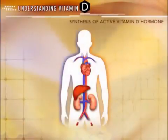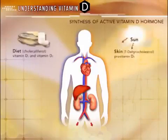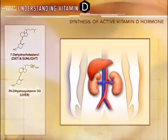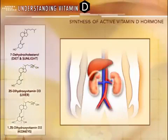Vitamin D can be obtained from various sources, including diet and exposure to ultraviolet sunlight. However, vitamin D from these sources is not biologically active and cannot achieve full hormonal function until it is activated by the body. Metabolic activation consists of adding two separate hydroxyl groups, one at the carbon 25, which occurs through the liver, and the other at the carbon 1, which occurs through the kidneys. The final result is the most biologically active